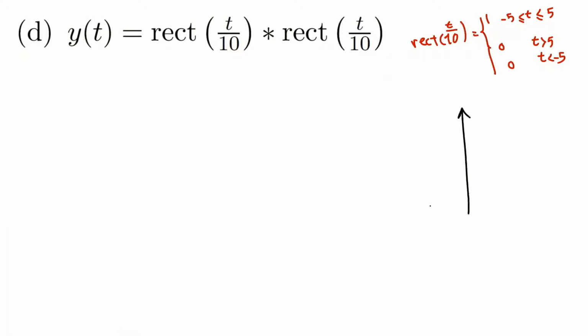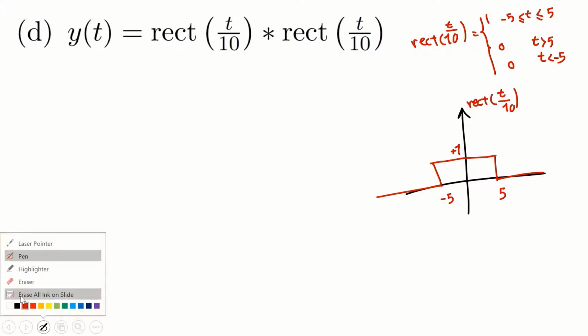And if I want to plot that, it looks something like this. This is 1. And this is rect of t over 10. Okay, so we want to calculate this convolution,